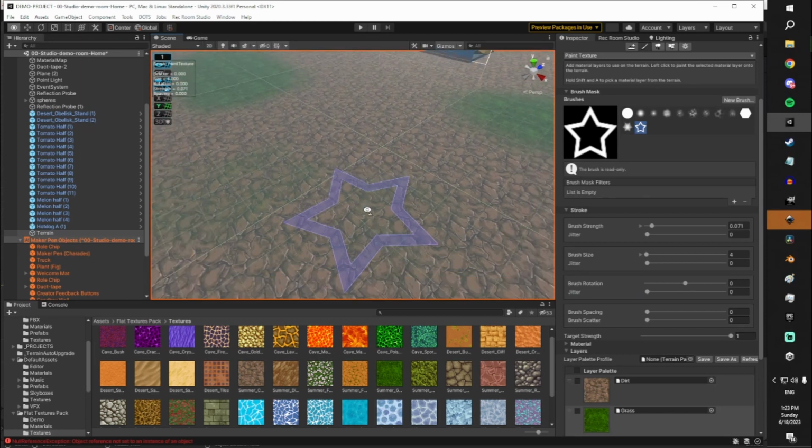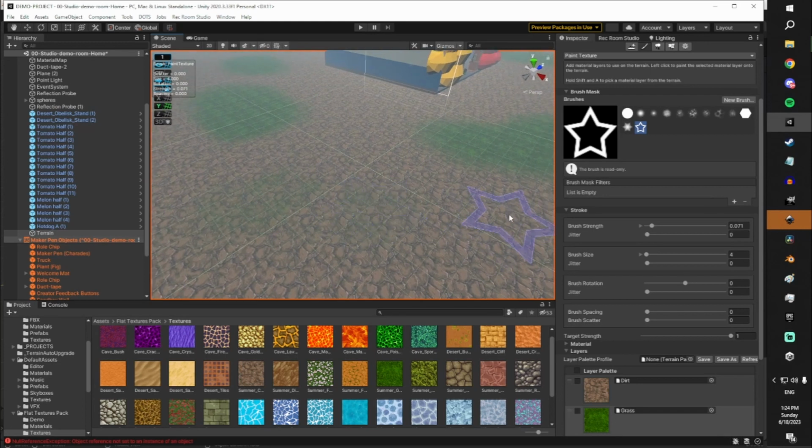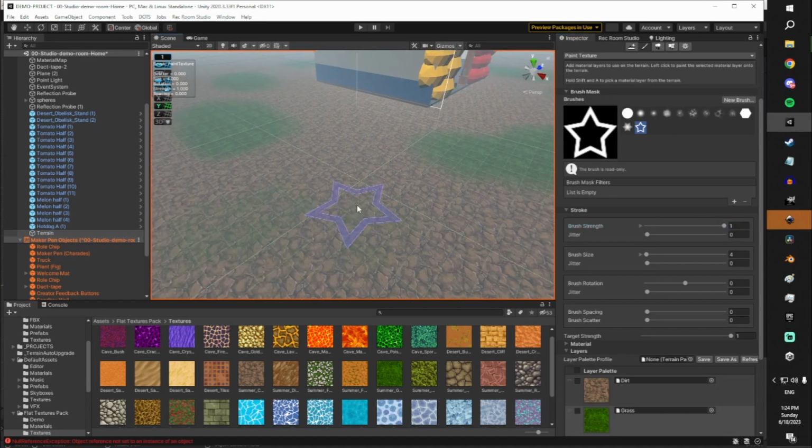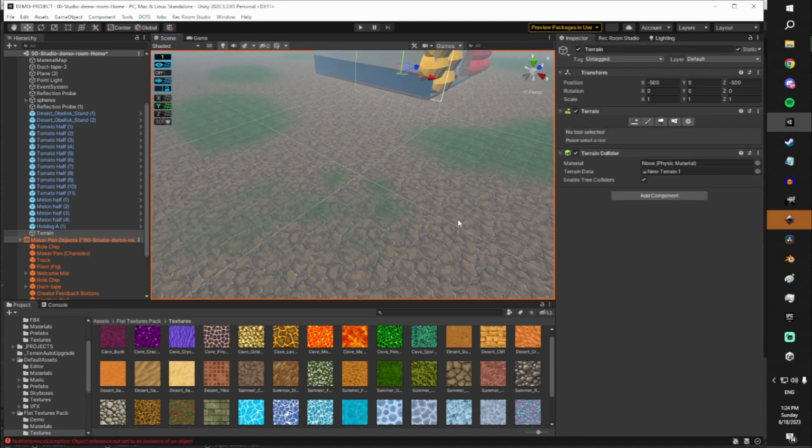You'll also notice it's not making much of a mark, because the star brush is very narrow. To change that, we can dial up our brush strength to have a much stronger influence on the terrain below it. And now you can see